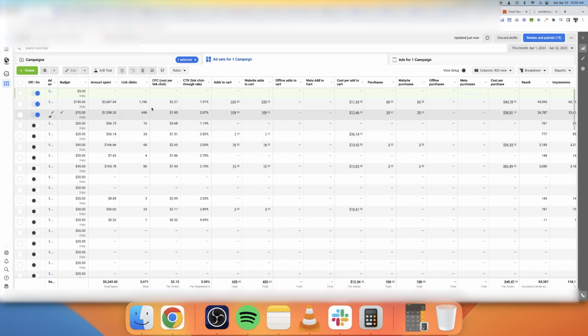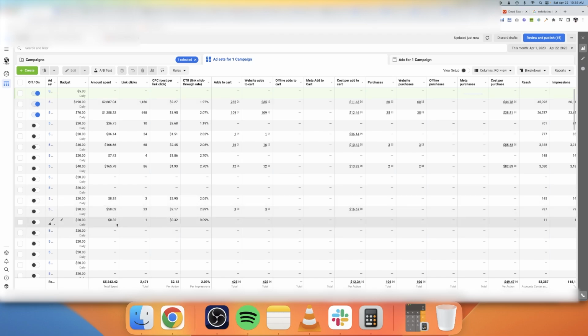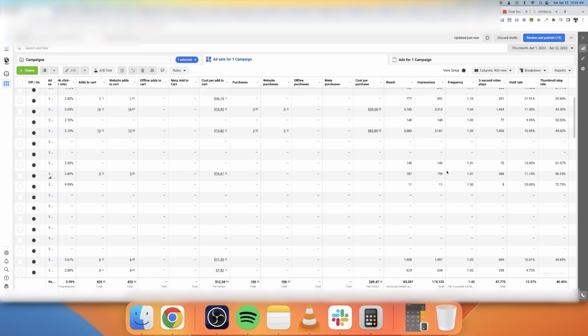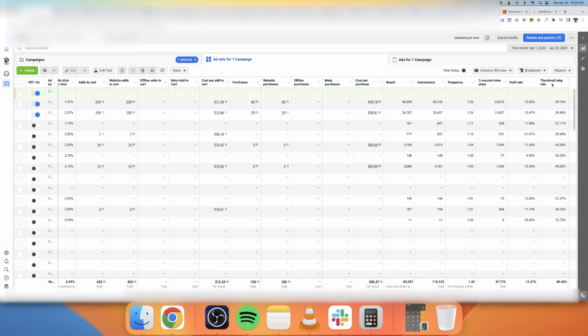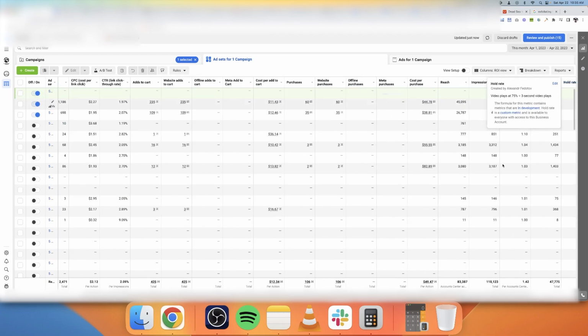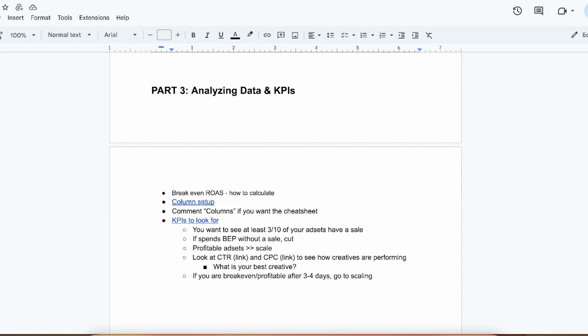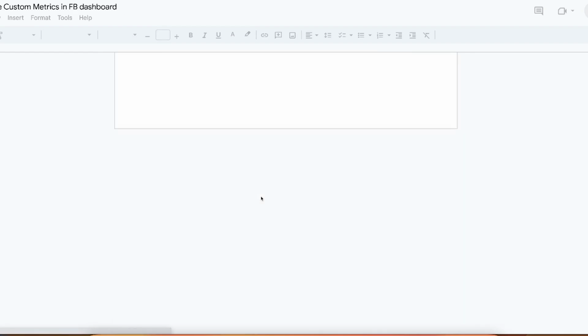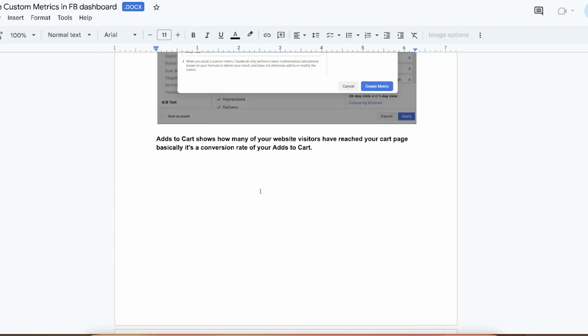First, we're looking for losers. Okay, what could we shut down here? All right, this one is kind of on the higher side. You can see it's off. This one, I don't know why it's off. It has very promising metrics, although it's only spent like 32 cents. But another metric that we're looking for here is the thumbnail stop rate. This is a super important metric that you can set up, and I have the whole breakdown on how to set up comment columns below, and I have this whole small tutorial on how to set it up.